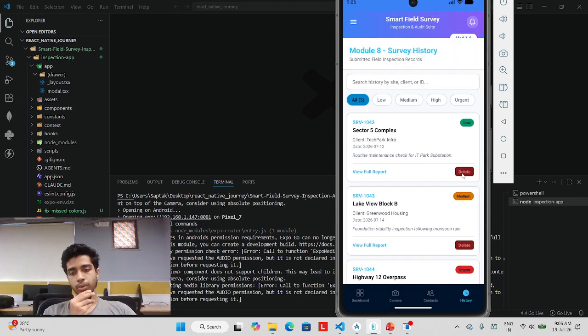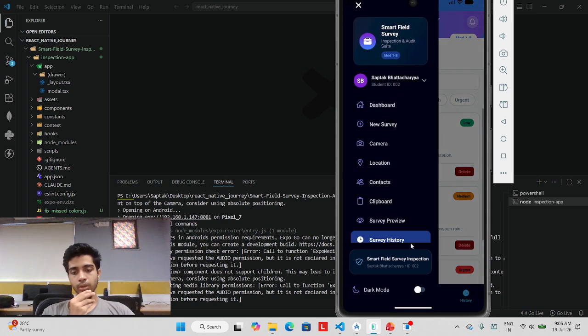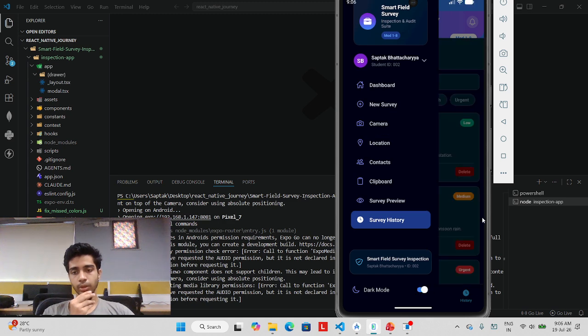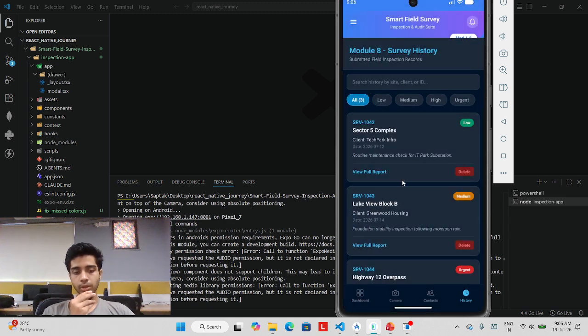So this was all about my application, and here is one dark and white mode toggle button. As you can see, with the toggling the color changes from dark to white theme and white to dark theme. For navigation I have used the Expo Router with bottom tabs and drawer tabs, and all the necessary information which I wanted to show is in the bottom tab,